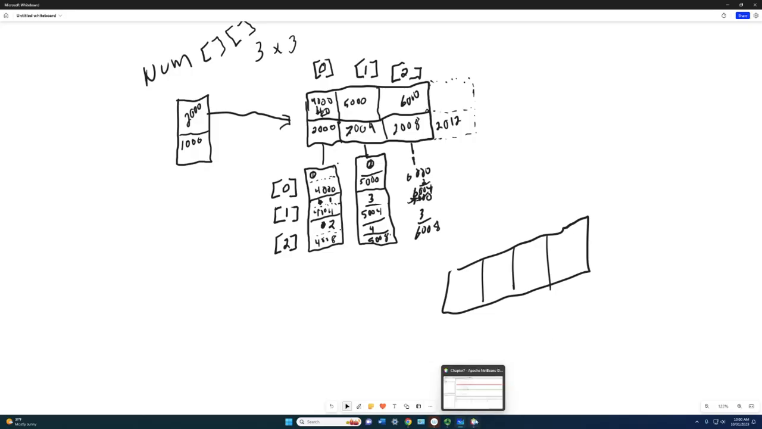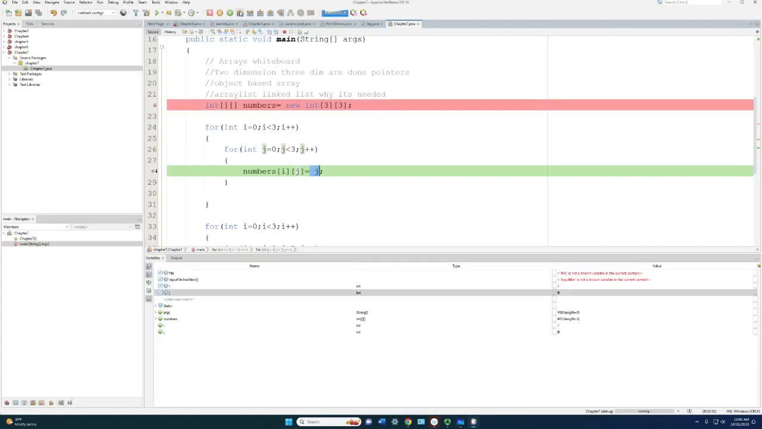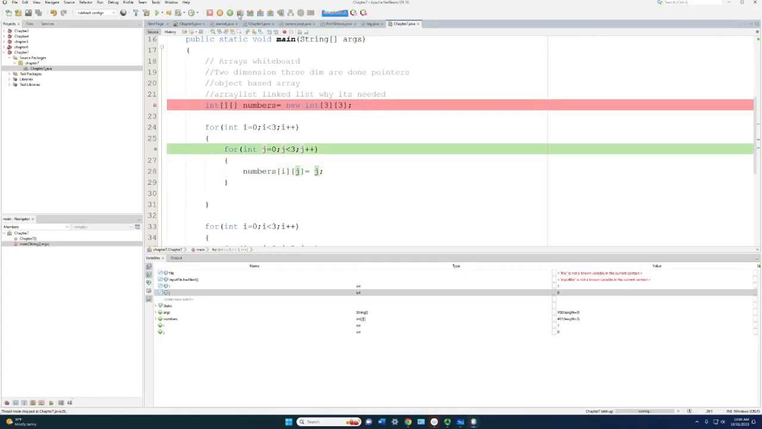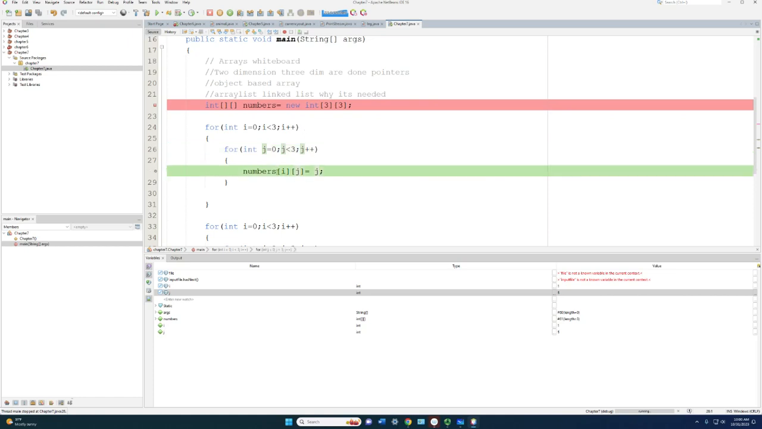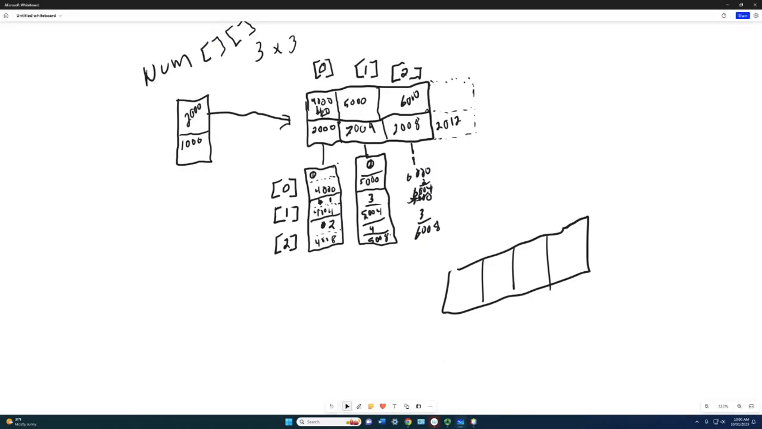Okay, we go back to our code, step over, and j increases by 1 again. i is still at 1. So now we're saying numbers of 1, 1 equals 1. Numbers of 1, 1 equals 1. And then j runs again, and this goes to 2. j finishes running,